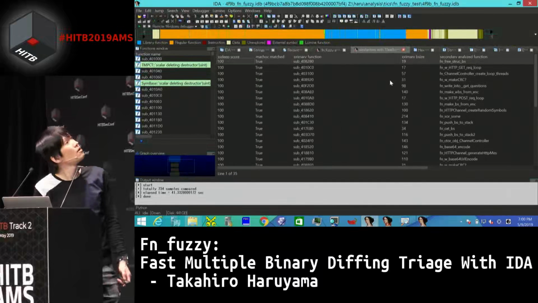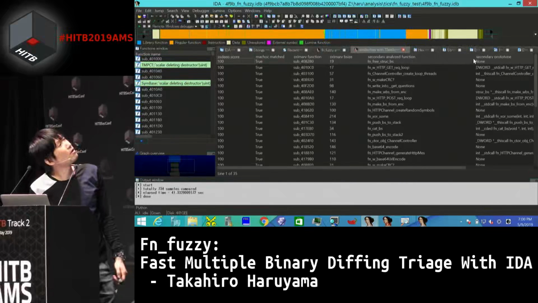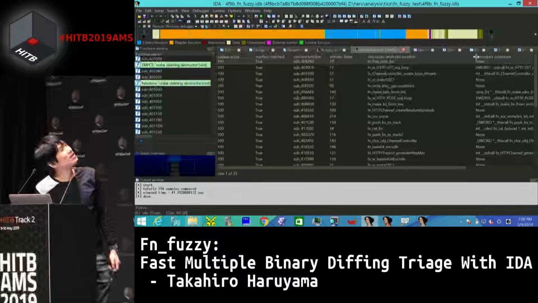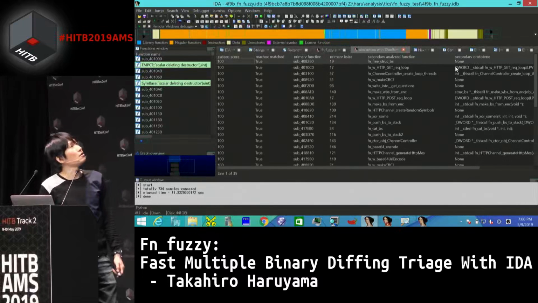Like this. The details tab contains detected similar functions information. Each line means SSDeep score, matrix hash, matched or not,